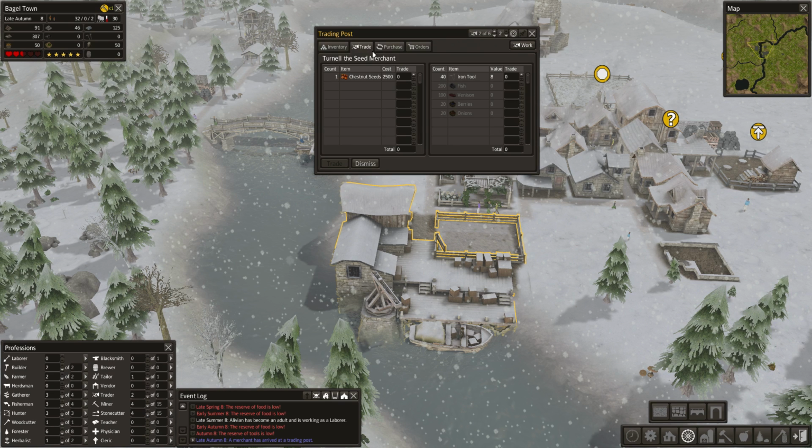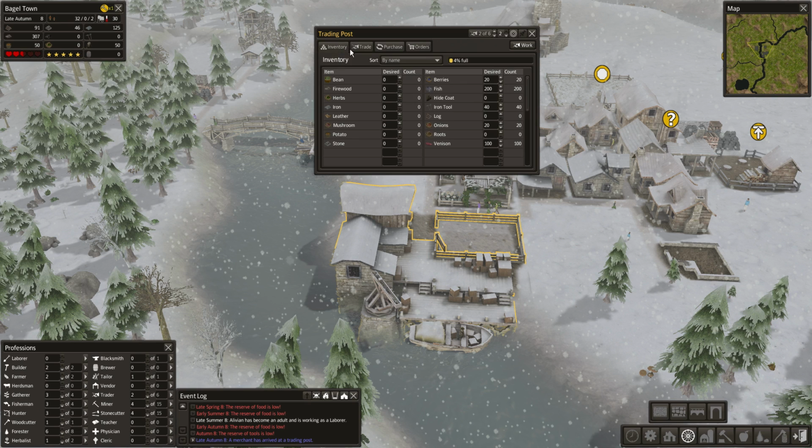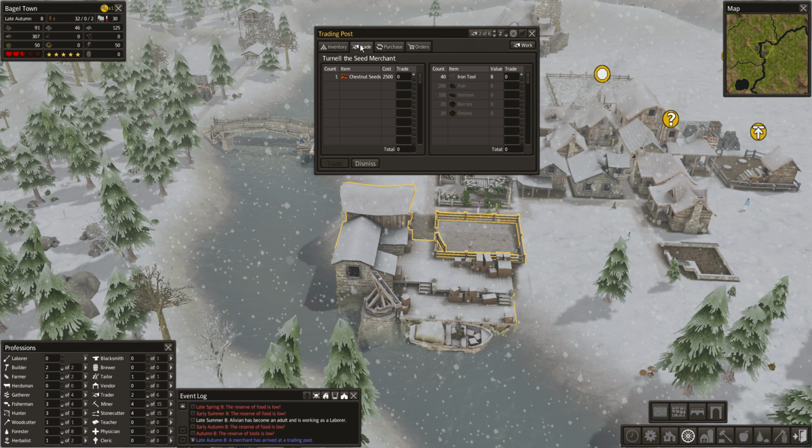Let's trade with this guy. Oh, he just has chestnut seeds, actually. That's our inventory. Oh, goodness. I was looking at our own inventory. Chestnut seeds. 2,500. Don't think there's anything we can give him that will be...